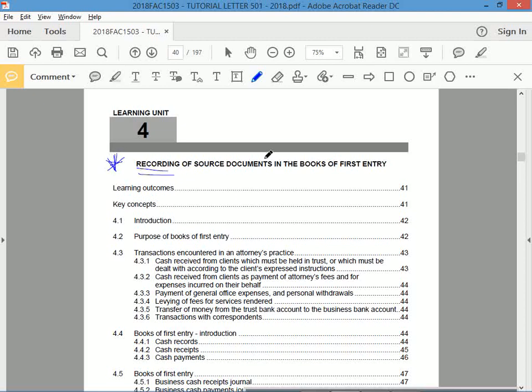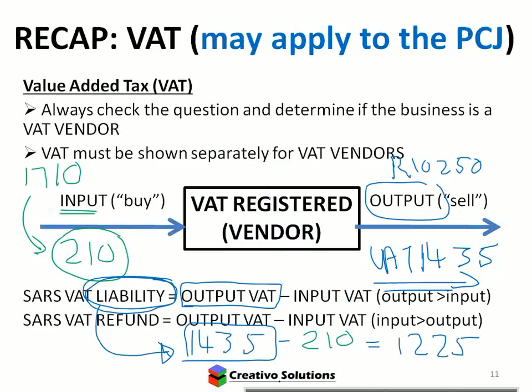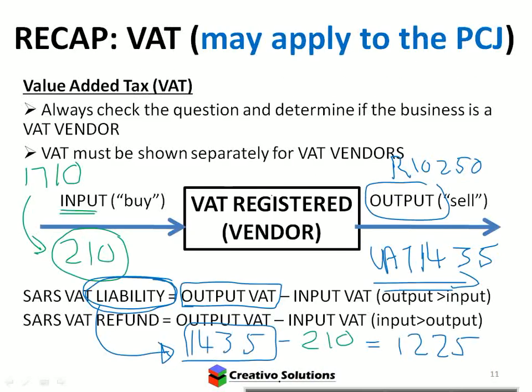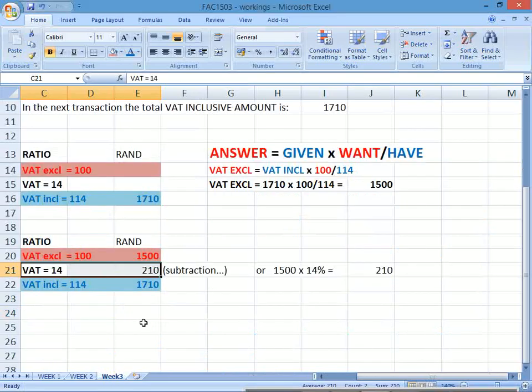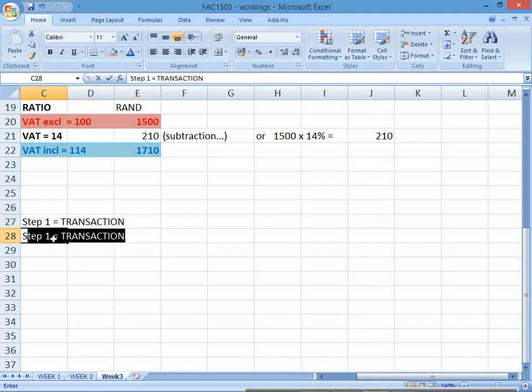Okay, recording source documents. Right, do you guys remember the process? I hope it's in the set. No, it's not in the set. Okay, it's in one of your previous sets of notes. Okay, step number 1. Let's write it down. Transaction. Okay, accounting basically is the recording of transactions. That's it. Account for the transaction. Account for what happened. Step 2,